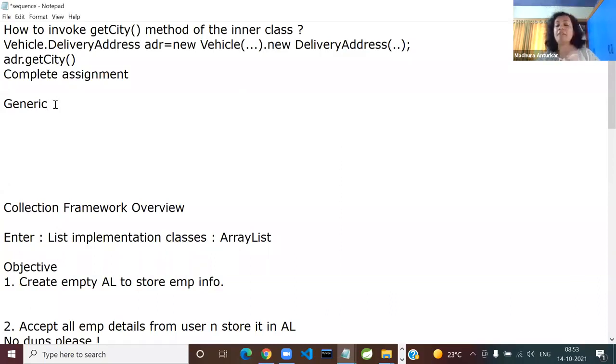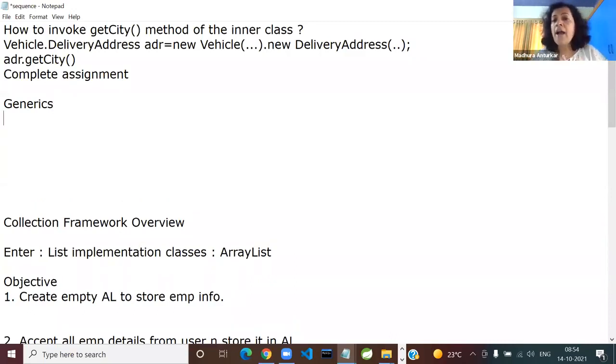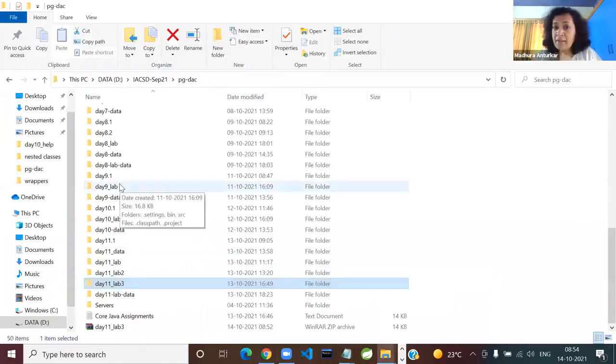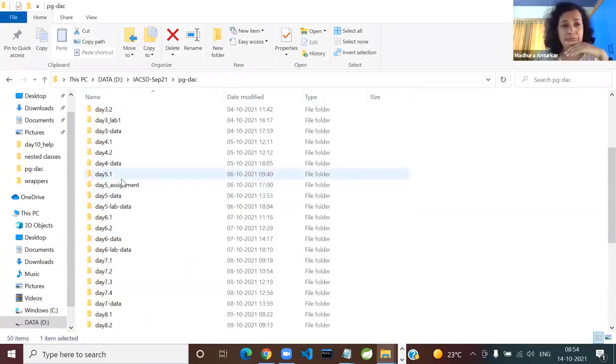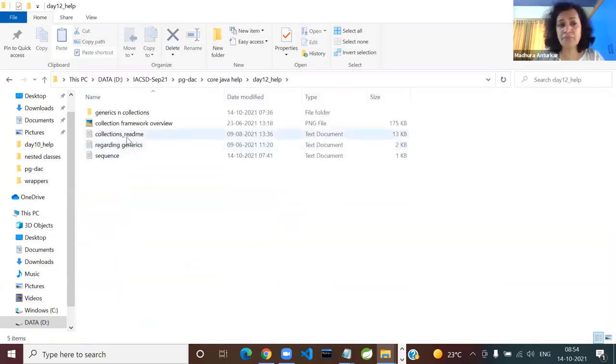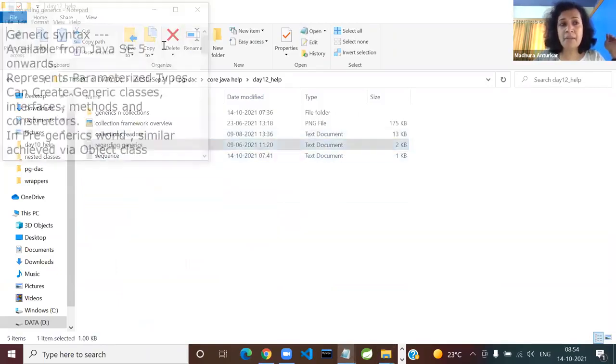Because generics is a very, very important topic. Today I'm going to introduce it, and then over the days, I will explain more. So first, you have to understand generics. I don't want to tell you what generics is. Sometimes, instead of a conceptual introduction, a practical introduction helps. But I'll just make you read something, and then we'll sit back and solve it. So I'm giving you time. Those who have not logged in with computers, please log in, so you can be with me. So here,